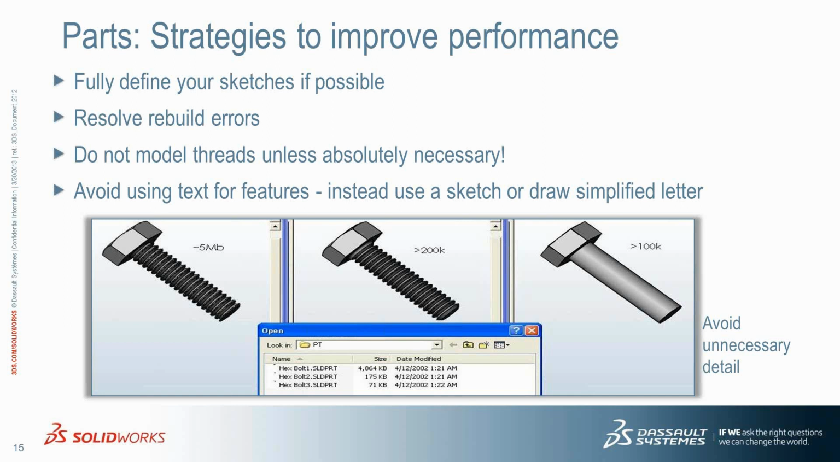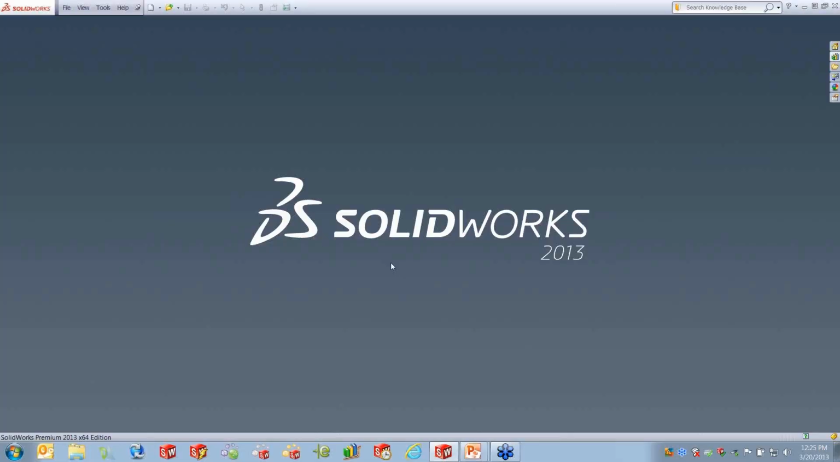Every time a part has rebuild errors, it's got to chug through that on opens, on rebuilds. It's got to present you with the data. It adds time to your parts. An example in general, do not model your threads unless absolutely necessary. And then taking a look at using text for features. Now, I bring these up, and let me